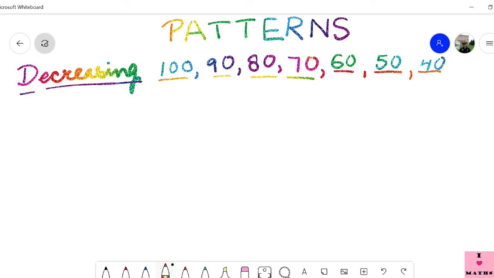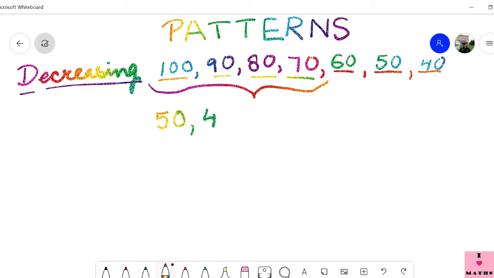So these types of patterns are called decreasing patterns. So to decide what we need to fill in the blanks, we need to very carefully study the numbers which have been given to us. We have to see what the pattern in those numbers is, whether it is increasing or decreasing. Then according to that pattern, we have to calculate and find out the numbers which have to be filled in the blanks. For example, another very simple example I'm taking is